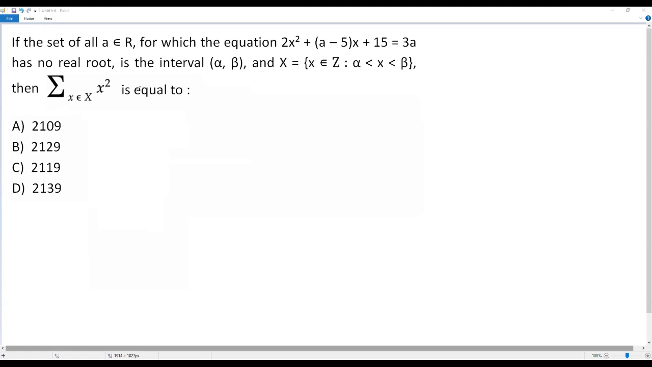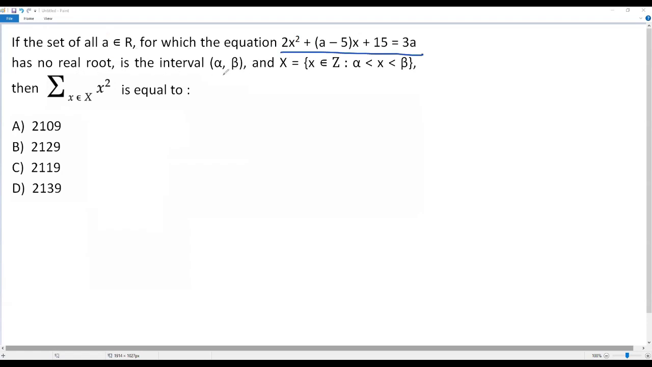Okay, so the information we have in this question is a little tricky. First, let's understand the information clearly. Here they have defined a constant a which belongs to R. That means a is a real number for which the quadratic equation over here has no real root